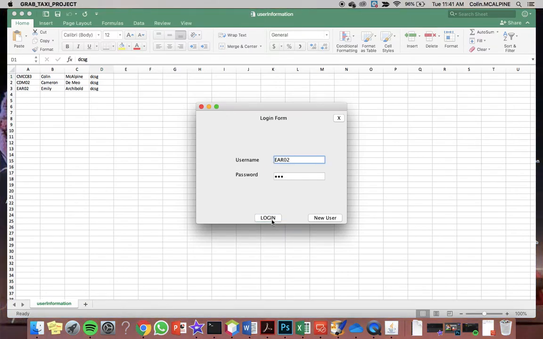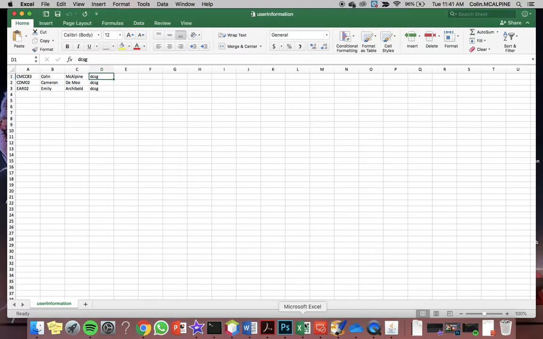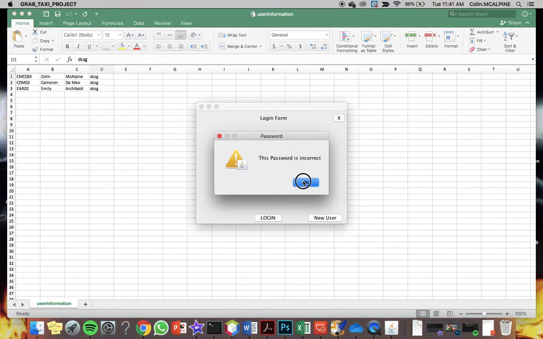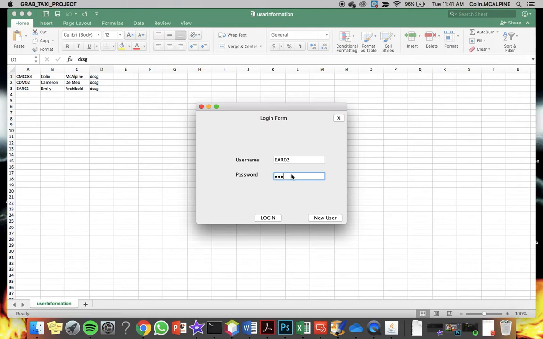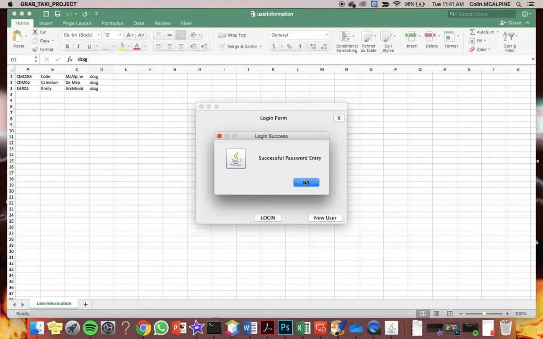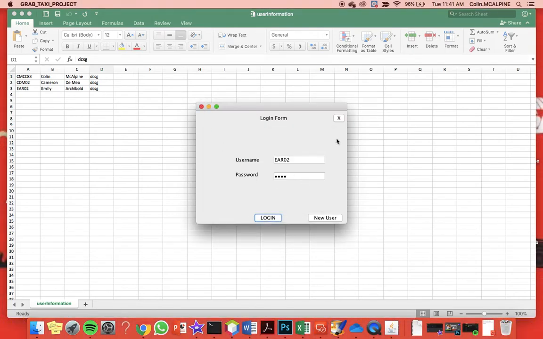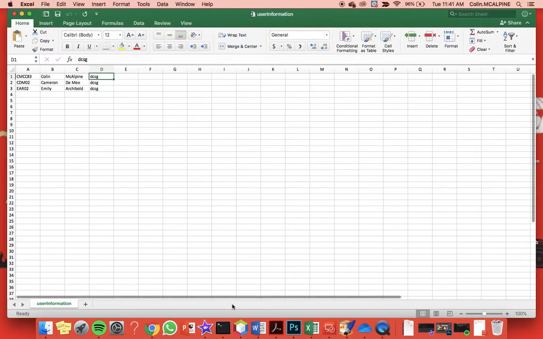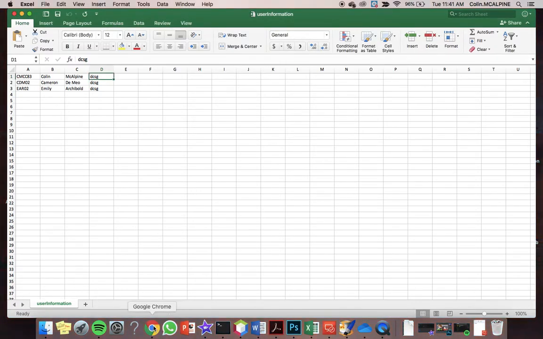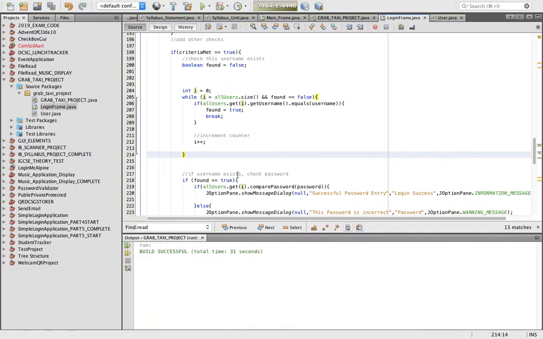Get one that does exist. It's going to tell me the password is incorrect. And then when I get the password correct and click login, we get the successful password entry. So the next part of this for us is to get